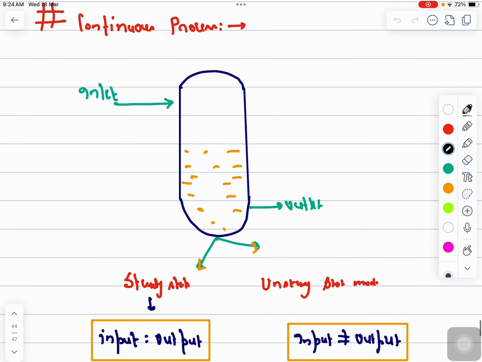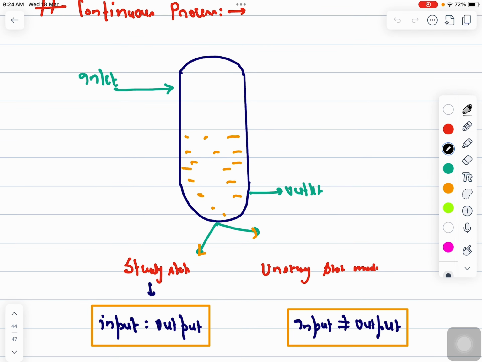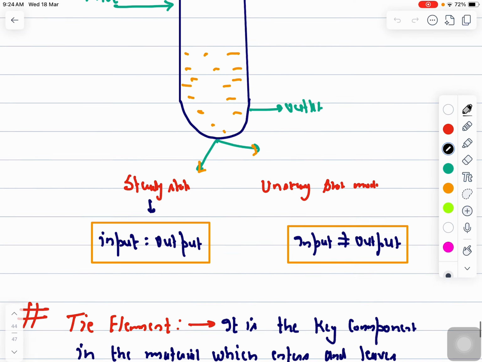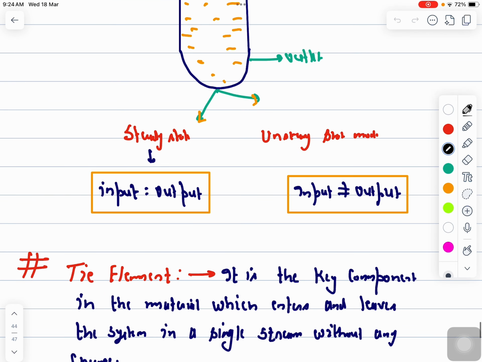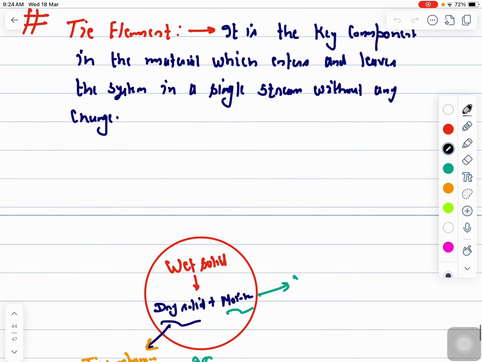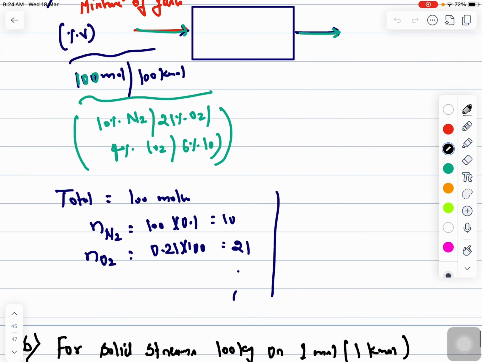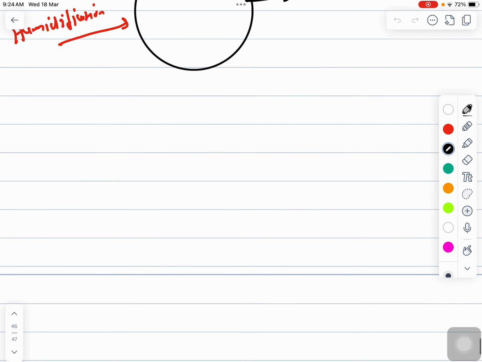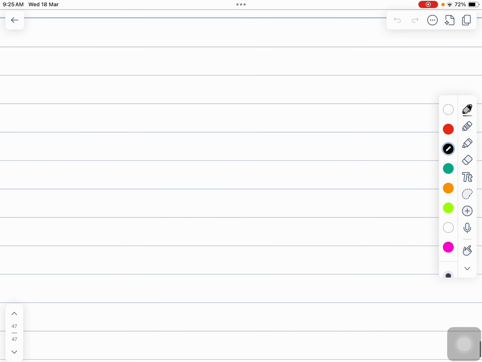Then we talked about the continuous process, where I told you that a continuous process can be operated in both steady state and unsteady state mode. If we talk about the steady state mode, then input will be equal to output. And if we talk about the unsteady state process, input will not be equal to output. After that I also discussed the basics of calculation. Now, in today's lecture, I'll be talking about